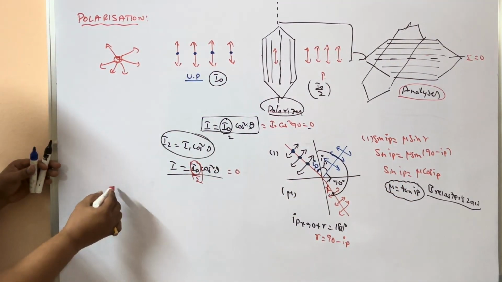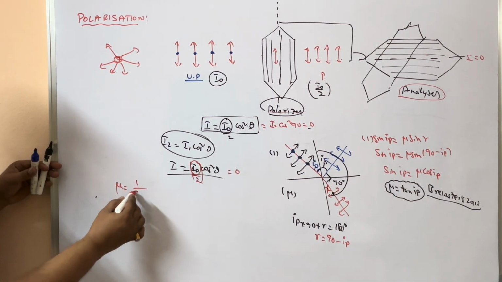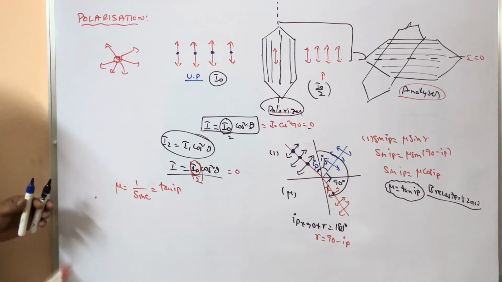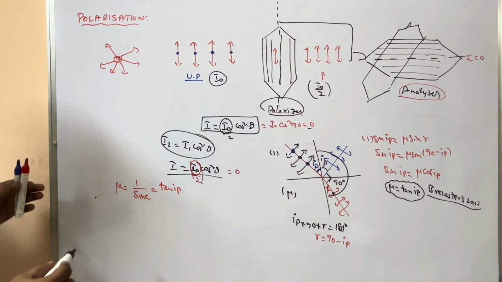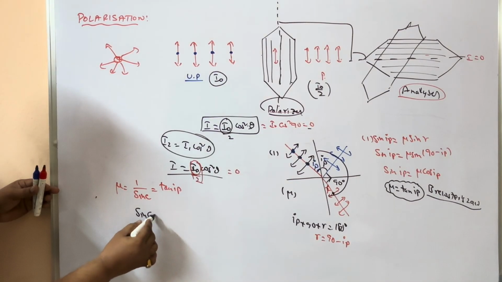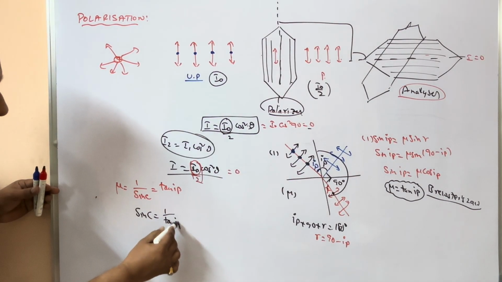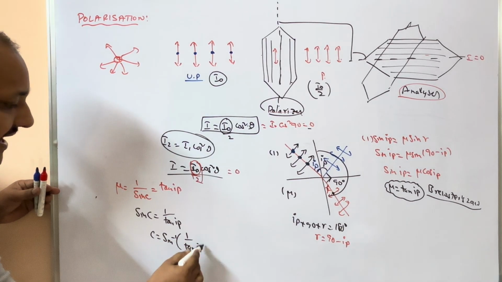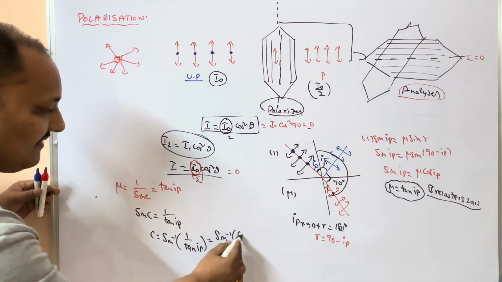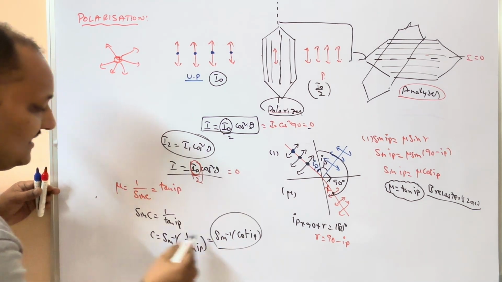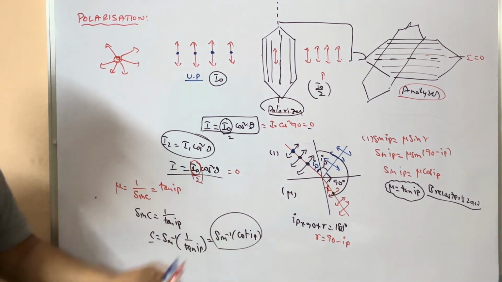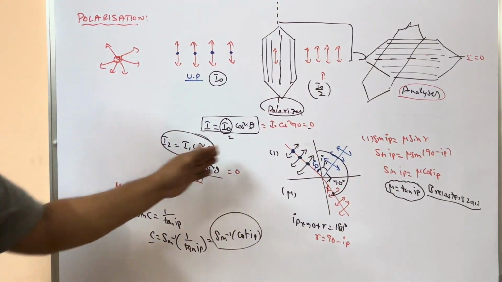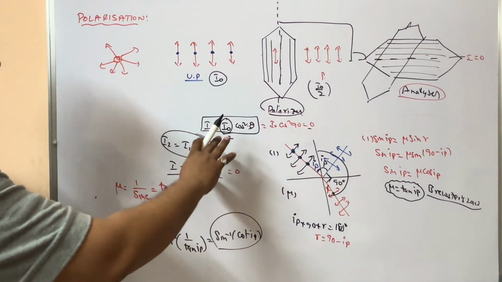Already we came to know the relation between refractive index and critical angle: mu is equal to 1 by sin c. Now we got mu is equal to tan IP. So they may ask for the critical angle also. At that time, sin c is equal to 1 by tan IP. C is sin inverse of 1 by tan IP, otherwise sin inverse cot IP also. This is the relation between critical angle and angle of polarization. So if you know Malus law and Brewster's law, definitely you can solve problems whenever they are